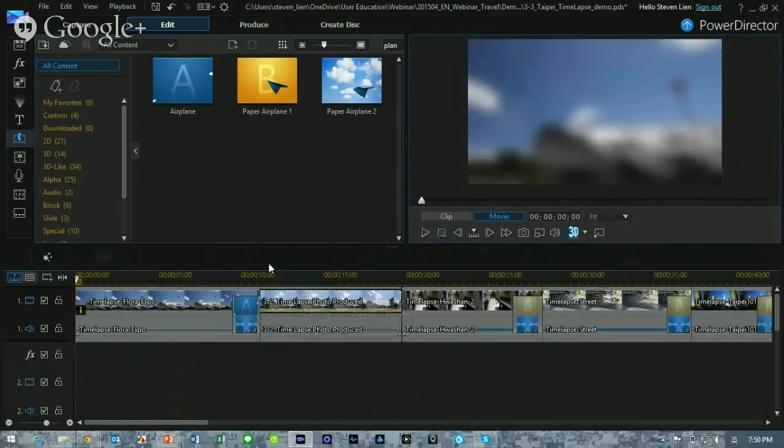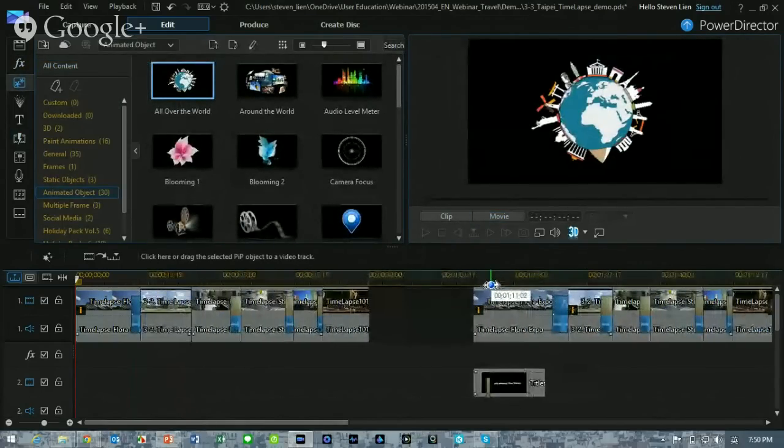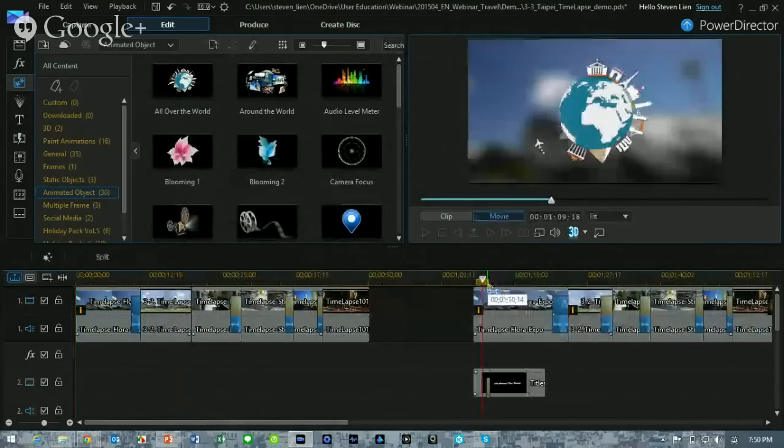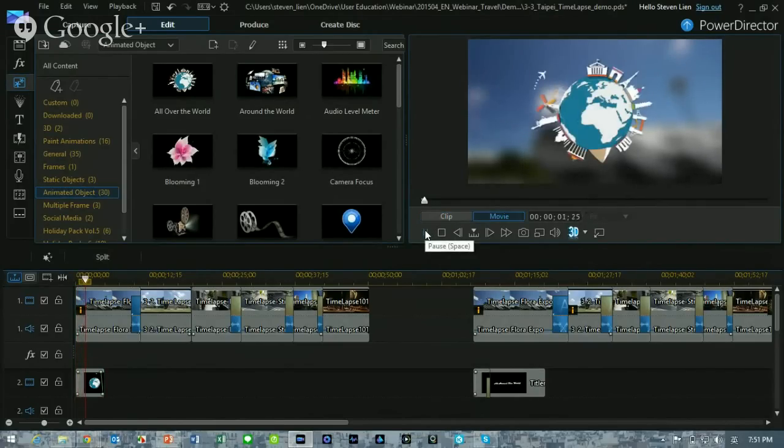All right, so this is pretty much set. Now I want to add some titles to it. At the beginning of the video, I want to have this all-around-the-globe icon showing like this one. So you can go to the PIP room, click on this one, and drag and drop it to the second timeline track. As everyone remembers, a larger timeline track number means it's in an upper layer. So now this object is being inserted,